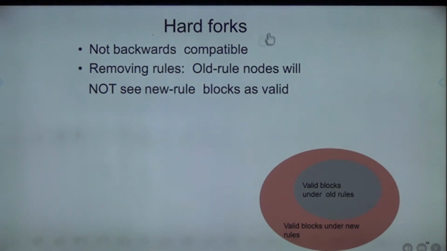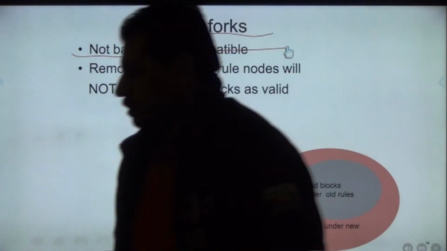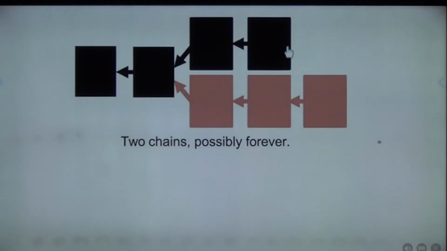बट इफ देयर इज अ हार्ड फोर्क एंड इफ इट इज नॉट बैकवर्ड कंपैटिबल, ठीक है, सो ओल्ड नोड्स उसमें ऐड नहीं करेंगी, नई नोड्स उसको सिर्फ ऐड करेंगी, एक हार्ड फोर्क जो है वो जनरेट हो जाएगा. इस तरह से 2 chains possibly forever. Okay? So if there is